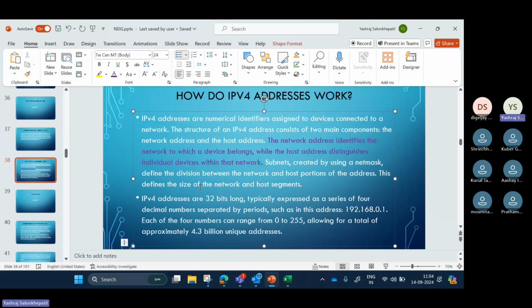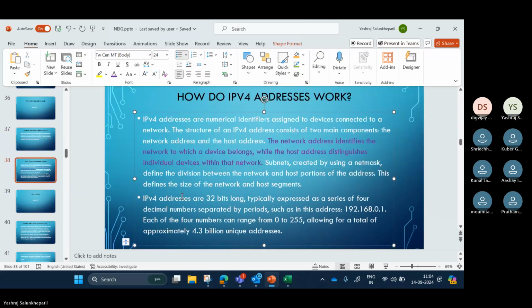Size of the network means what we just saw today: with /16, say, you get 65,000 PCs, right? You get 65,000 devices. So the size of the network is determined by the net mask, which is also known as the subnet mask. IPv4 addresses are 32 bits long. Again, an 8-bit section is called an octet, and there are 4 octets.